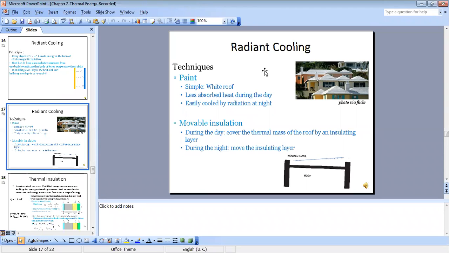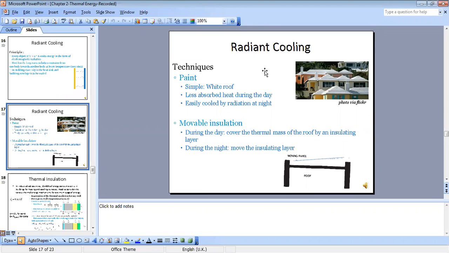Because we don't want, during the day, to radiate energy towards the home. During the day, the external temperature is higher than the internal temperature, and we don't desire to have transmission of energy towards the internal space. And we know that the white color does not absorb heat a lot. So it will be an advantage to paint in white in order to avoid absorption of a high amount of